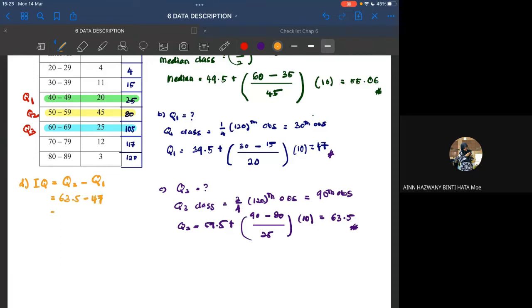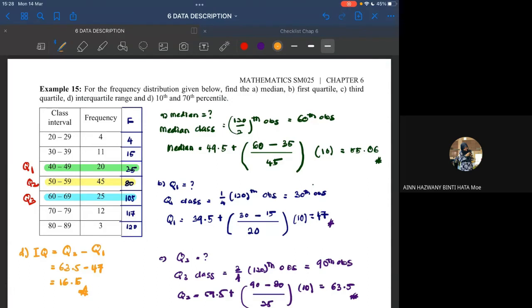And here you get the answer 16.5. Okay, yeah, interquartile range ialah Q3 minus Q1. Okay, so next